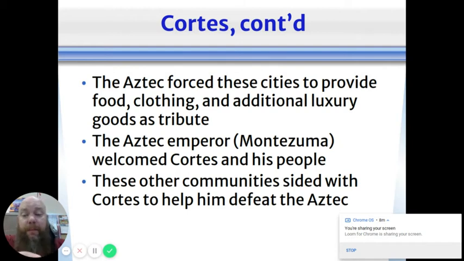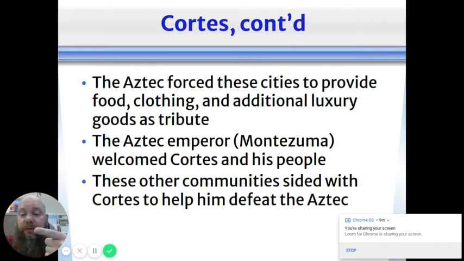Cortes, if you remember from not only last chapter, but the last slide I said about a minute ago, Montezuma had been going around to these other villages and defeating them and taking them into slavery and making them work for the Aztec Empire. All of a sudden, Cortes comes in. He starts going around to the other villages that have been defeated, like, hey, let's get rid of the Aztecs. And the people that have been defeated in the other village are like, hey, this doesn't sound like a bad idea. Maybe we should get rid of the Aztecs. And so he basically leads an uprising.